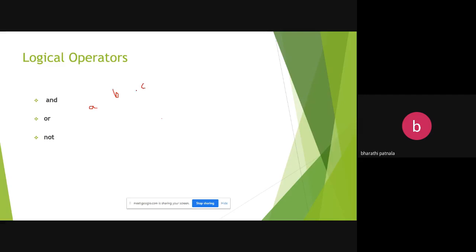If the person gets less than 35 in the first subject, or in the second subject also less than 35, or the third variable also less than 35, here you are using OR. So any one of the subjects having less than 35. For example, A less than 35. Yes, the first subject has lesser marks.